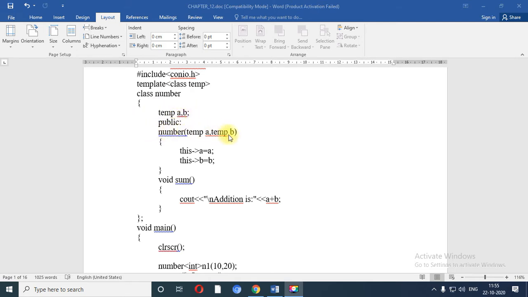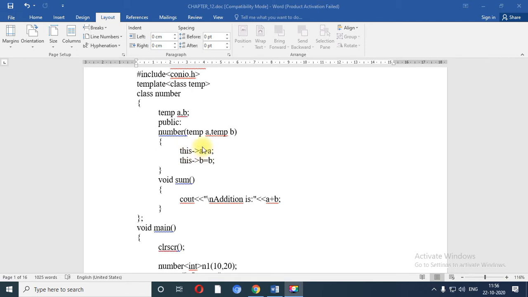Now over here I have declared parameterized constructor of class number. Inside parameterized constructor, again the variable A and variable B contains of temp data. That means right now the data type of A and B variable is not fixed.